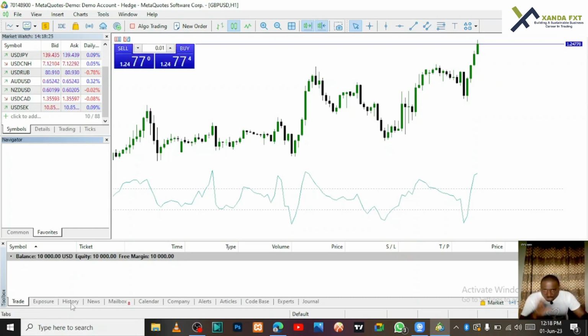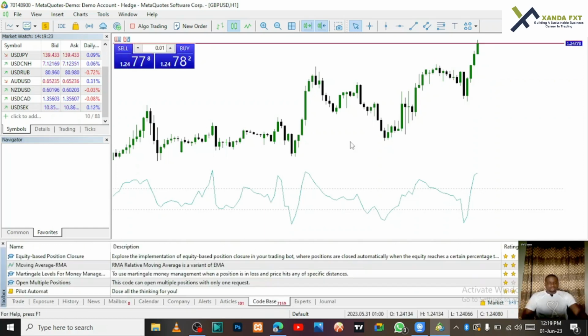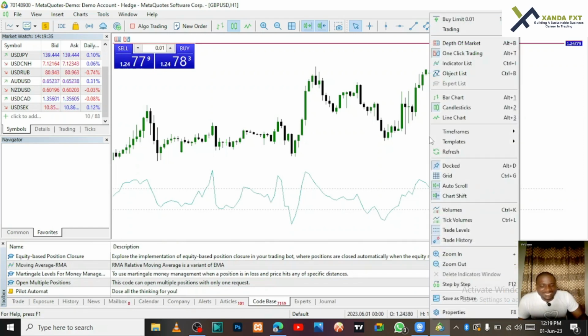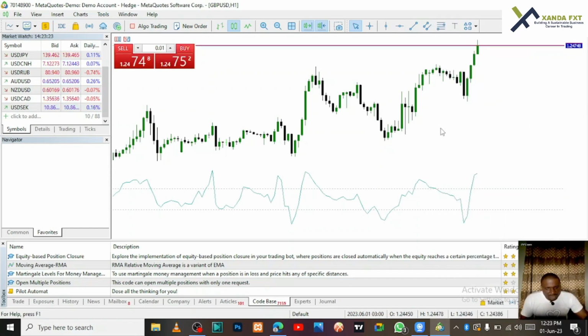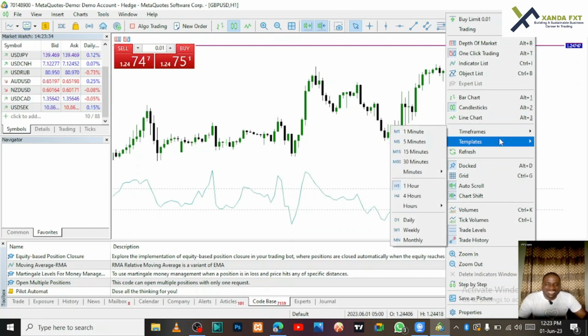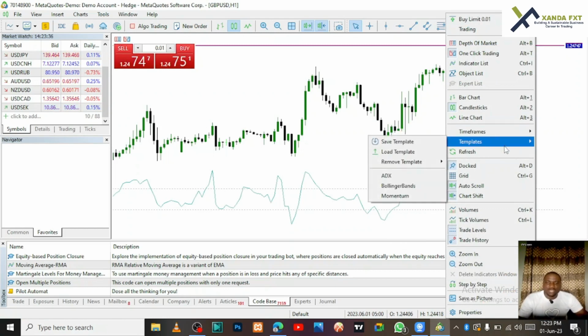Now, at the end of the trading day, you want to see the summary of your trade. You go to the history, okay? Now, when you bring your cursor to the chart surface, right-click on it. Available tools that are made ready for your trading will be listed. Then, once you have customized your chart screen to your taste, the next thing to do, I would advise you save it as a template so that once you open any other chart, that customization will appear in all.